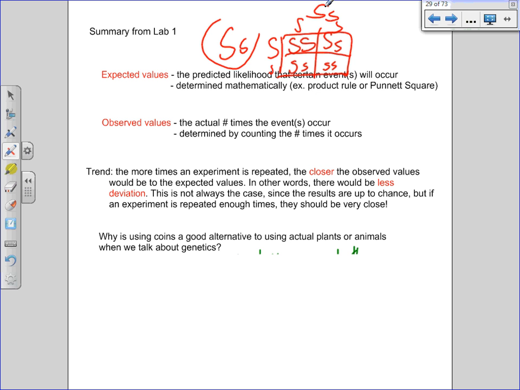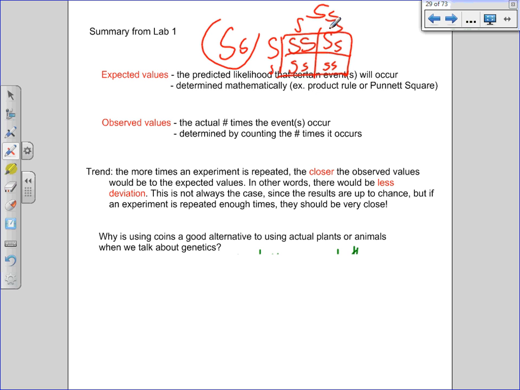So they looked at, okay, if you looked at the Punnett square, then in 4 offspring, 1 would be expected to be big S, big S, 2 would be expected to be big S, little s, and 1 would be expected to be little s, little s. That's the genotypic expectation. Okay, if we were to look at that in 100 tosses, like what they did, then